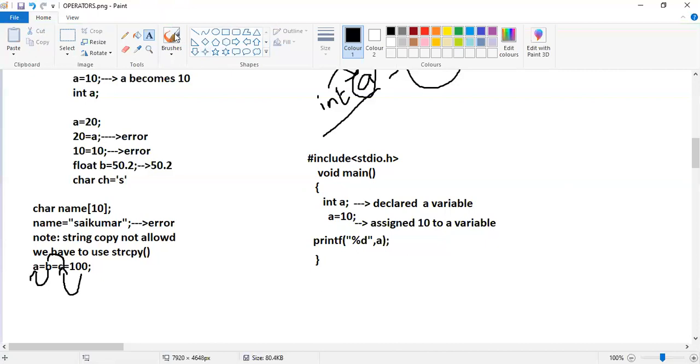The a value is integer type, so a becomes 10. The 10 comes into the %d of printf and it will print to the console.